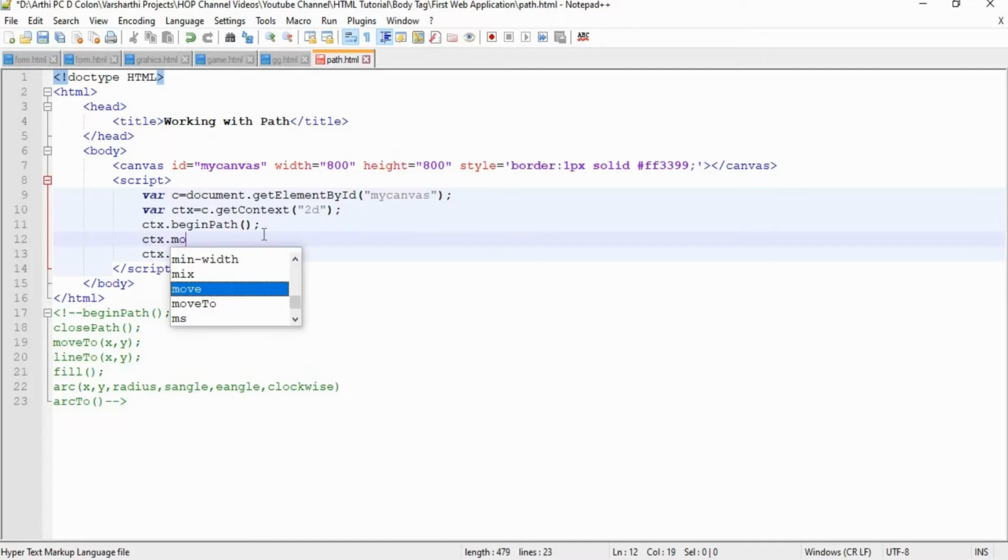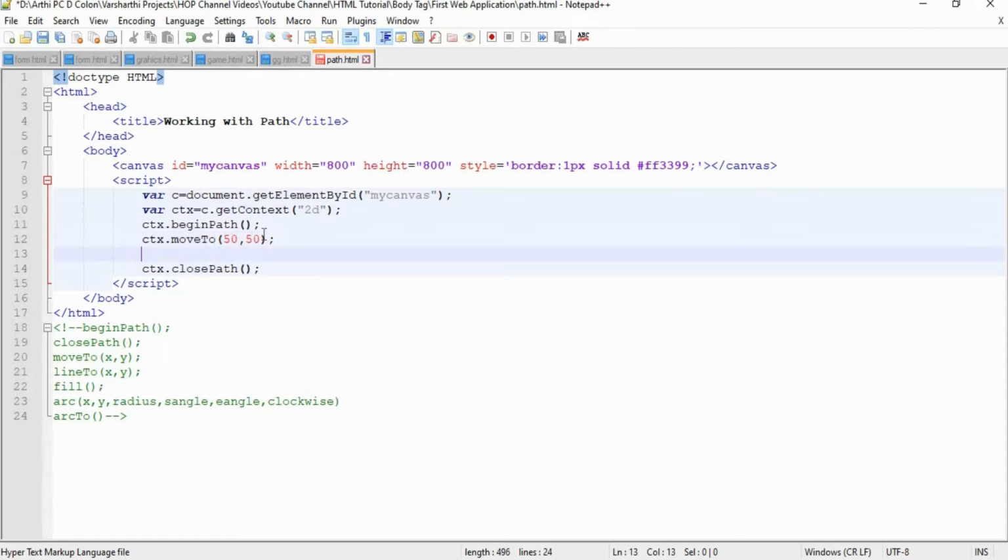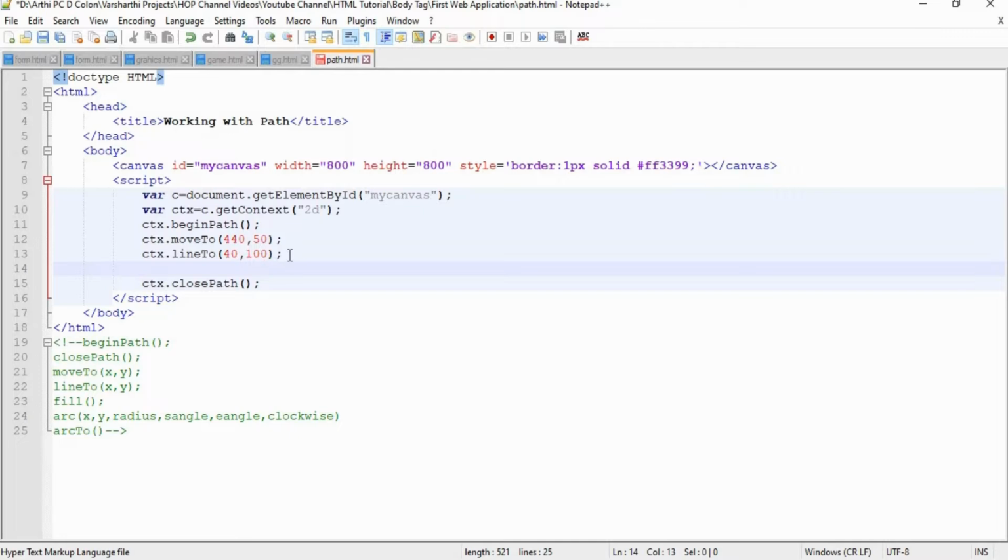So let us use the functions moveTo and lineTo, right? Now, as we have seen with the rectangle function itself, after calling the rectangle function, we called the stroke function so that our rectangle gets an outline of black. Similarly, to make a line visible in a web page, we have to call the function stroke, right? So the stroke function is responsible for providing an outline, right? Just save your program and rerun it.